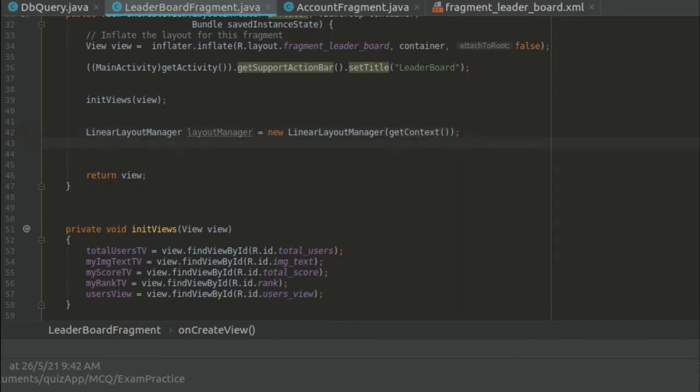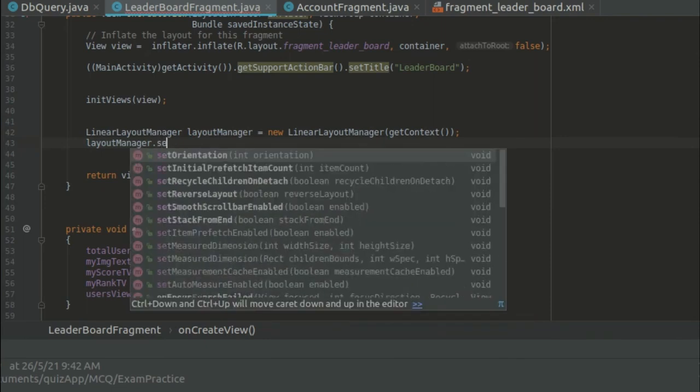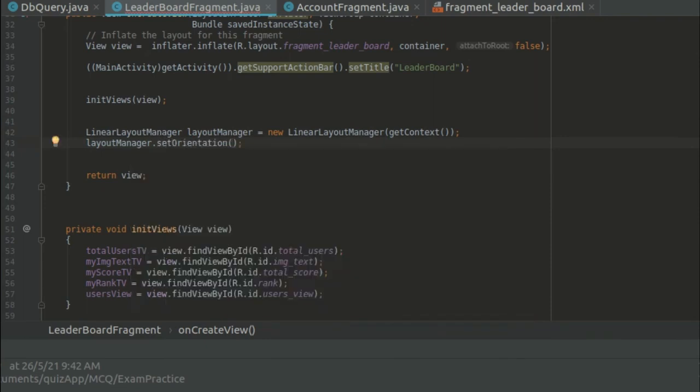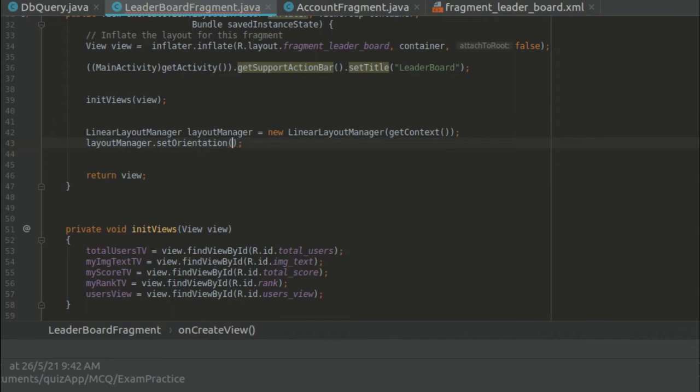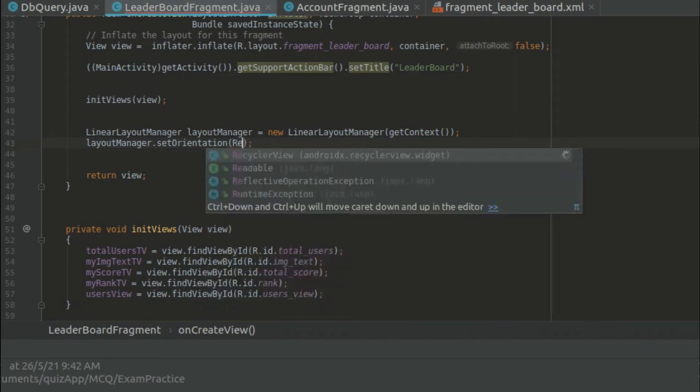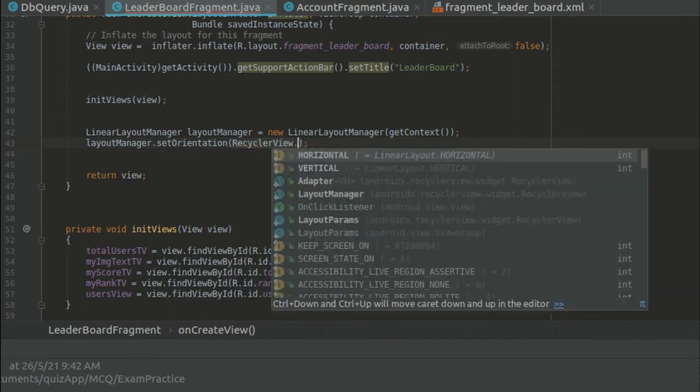Then set its orientation, layout manager dot set orientation, set it to vertical, linear layout dot vertical, not linear layout, we should have recycler view dot vertical,